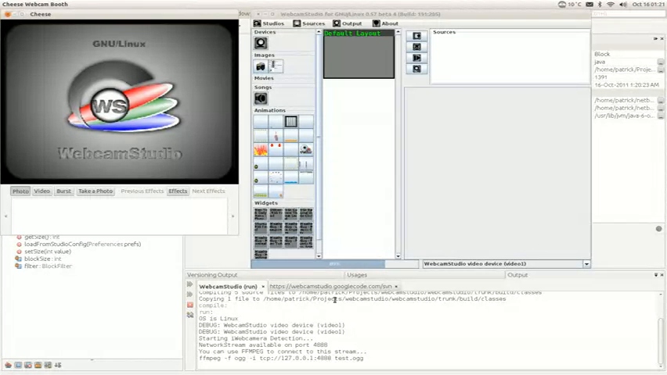I'm gonna show you the latest modifications I made in Webcam Studio. What you're gonna see is available since revision 203, so it's not in the 0.57 beta 4. It's later than that. What I'm gonna show you is some minor improvements I've made on the way we